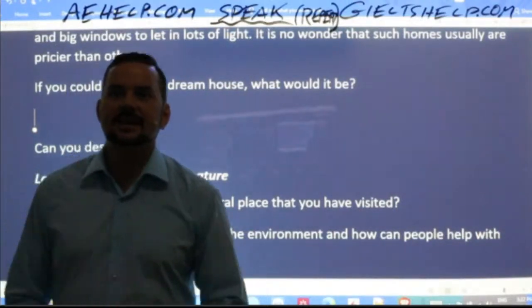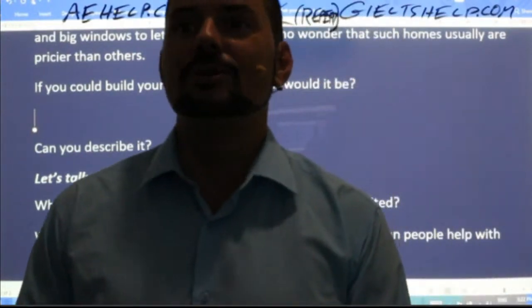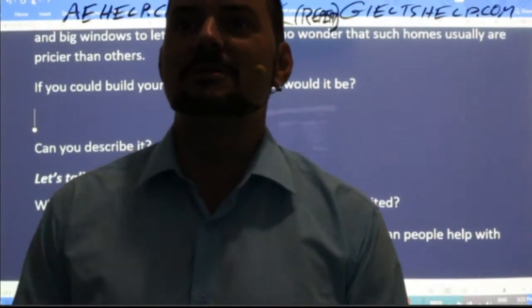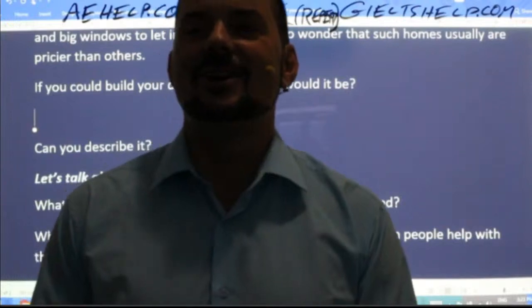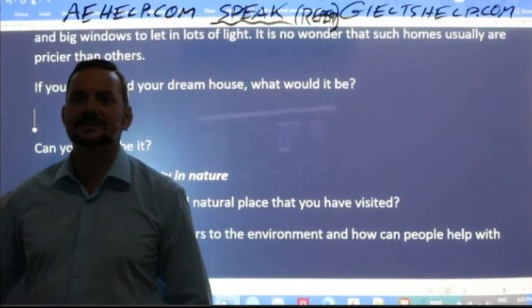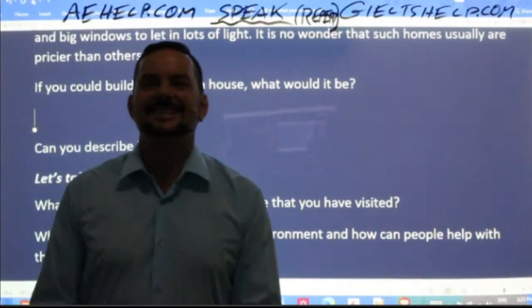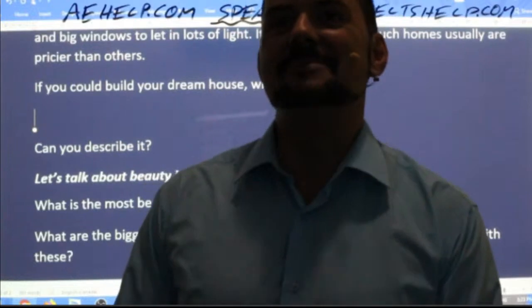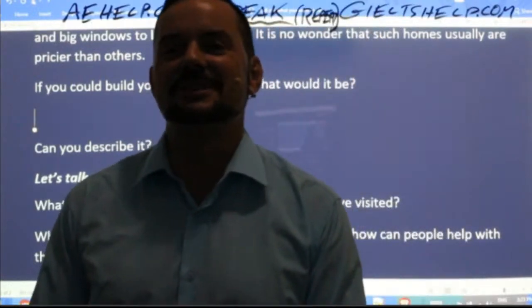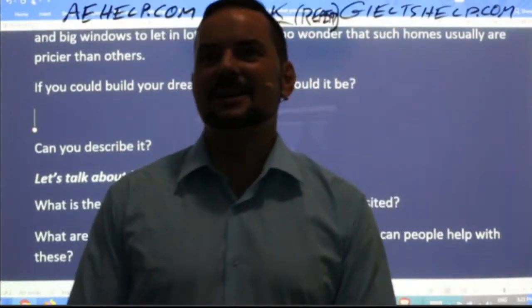Carolina says, if I had the chance to build my ideal house, it would be a 12-story building made of gold, would fly in the sky, would have a swimming pool full of champagne where all my friends could come over during their time off and enjoy life with me as we fly over the world enjoying life. I'm trying to find the rest of it, Carolina, because I'm visualizing here. And I'm liking that home so far, but I can't see the rest. Why not have a flying home with a pool filled with champagne?